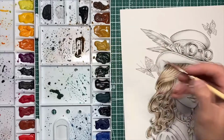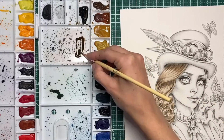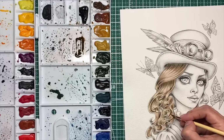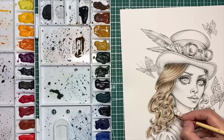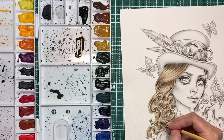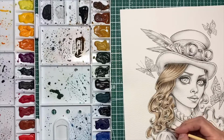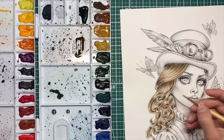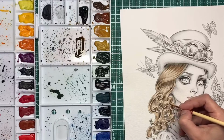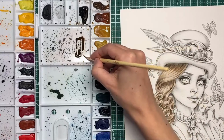And you could really go as dark as you wanted. I could add more black if I wanted, and really just darken these shadow areas up. But since this is supposed to be a quick video and just an overview of how I would approach coloring hair in this picture,